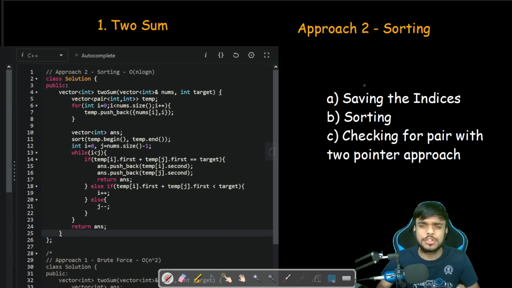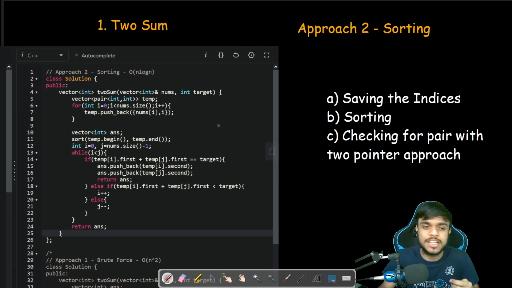What we could do is sort the array that we are given and then check with the two pointer approach whether we are summing up values to the target. So how sorting would help, let's see. But there is one more problem before sorting, which is that we need to return the indices of the values. So if we sort the array, in that case the earlier index of any number would get lost.